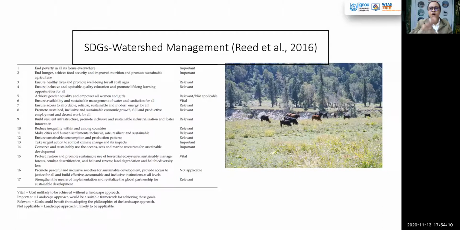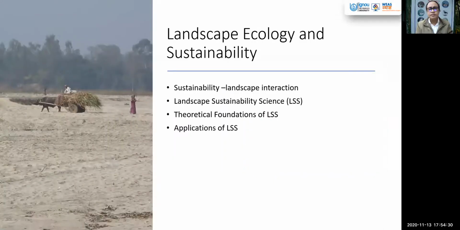So in that way, how these are related, you will find out from this table. It is a publication by Reddy et al. in 2016. So how watershed management is related to the SDGs, meaning the relevance of your watershed management to the SDG goals, right? So we have to understand, we realize that when we are talking about watershed management, you have to scale up that,